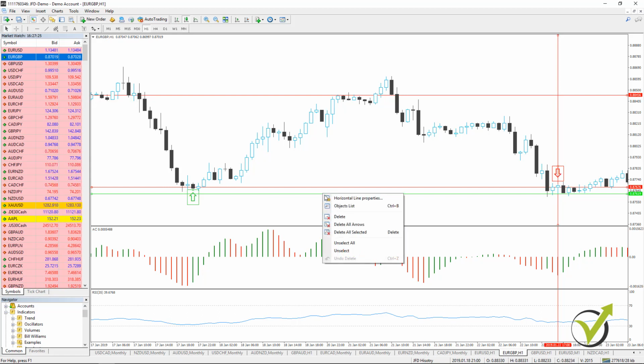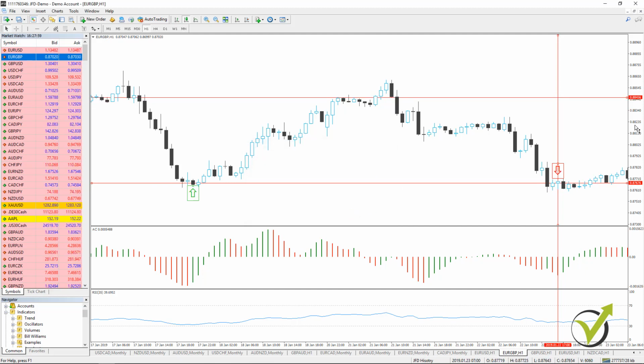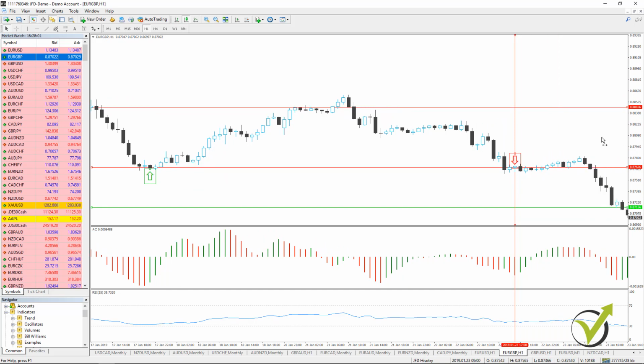And then where is our take profit? I will change the take profit as well. So we will have 0.8767 minus take profit of 52 pips. That would be 0.8715, okay? And I press okay, and it will go lower. So let's see what happened after that. Actually the price went below and hit the take profit.